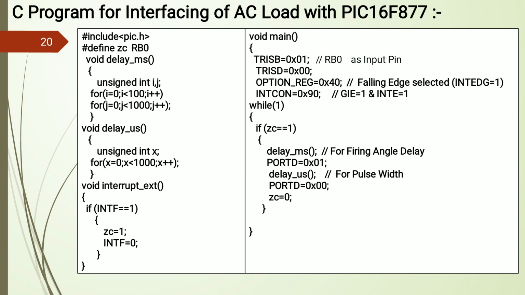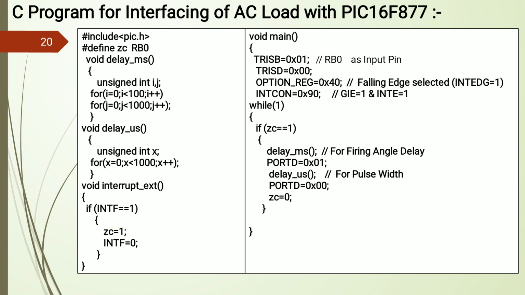After that, the next function is external interrupt. As we already discussed, the RB0 pin is used to detect the zero crossing of an AC phase for positive half cycle as well as negative half cycle. So here interrupt EXT means external interrupt detection is done. So whenever zero crossing occurs and the output of the zero crossing detector is connected at the RB0 pin, the signal is applied at RB0. So RB0 is nothing but the external interrupt detection pin. So whenever it detects the external interrupt, it will generate an interrupt, that is INTF is equal to 1.